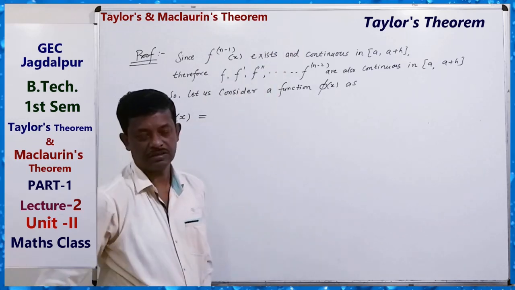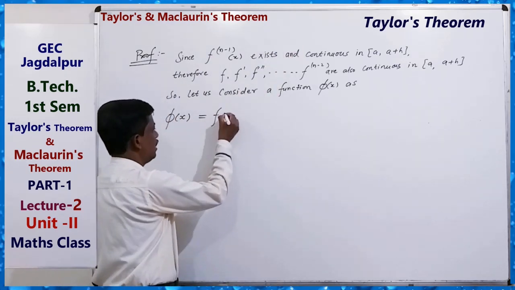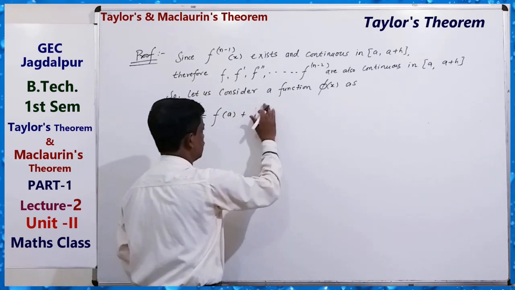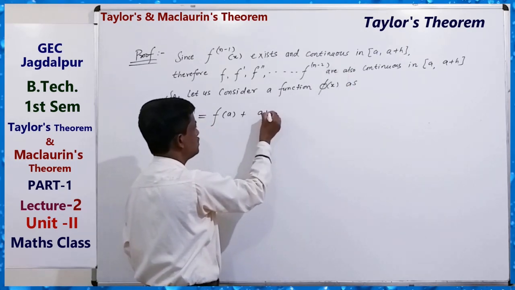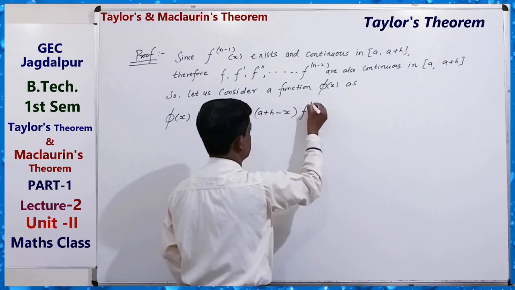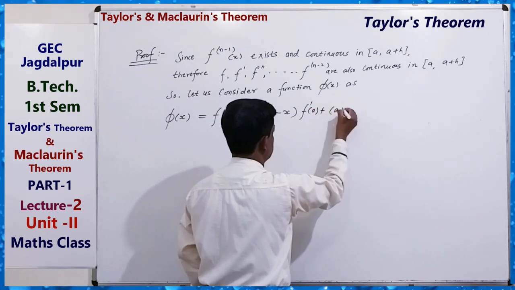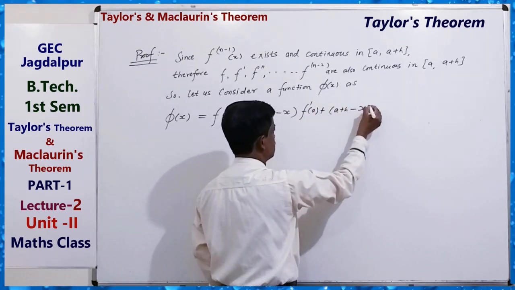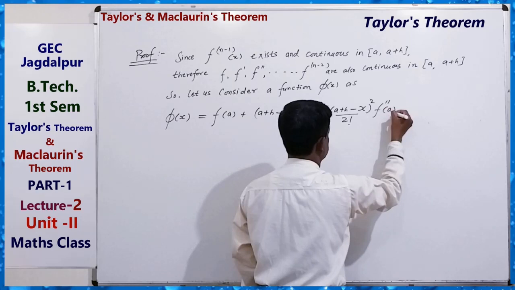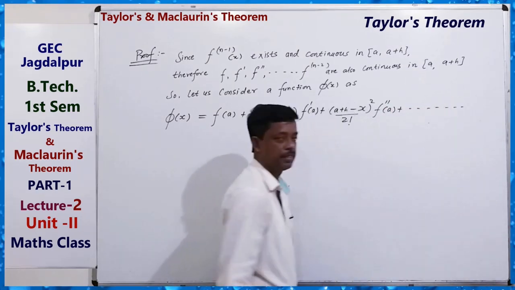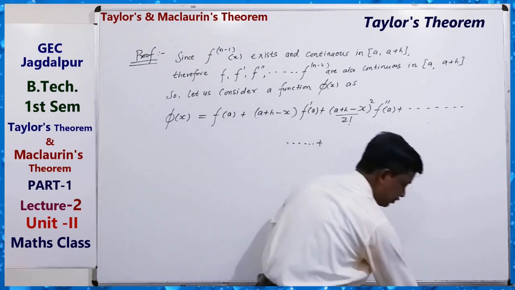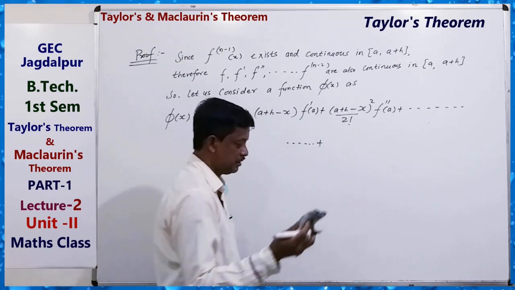Because all these exist, we can write like this: f a plus, since we have the interval a plus h, so (a plus h minus x) f dash a plus (a plus h minus x) square upon 2 factorial f double dash a, up to,